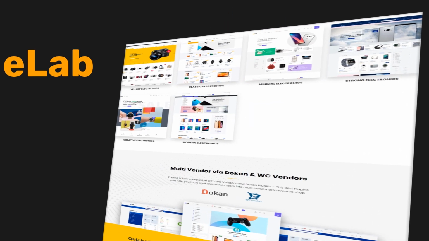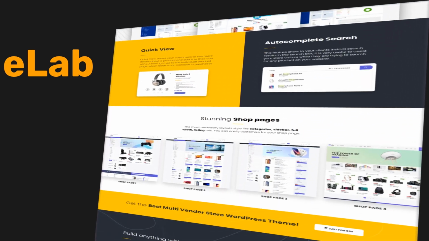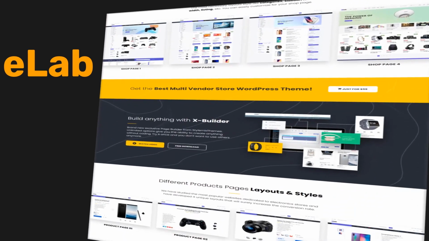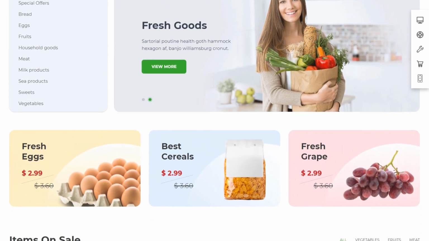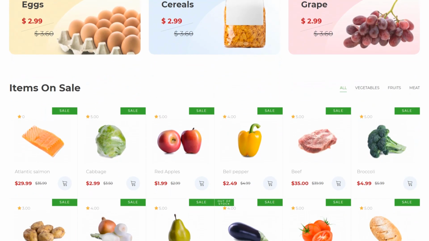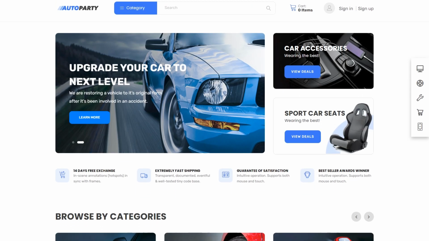eLab. eLab helps you to create a beautiful and professional e-commerce website and multi-vendor marketplace. eLab theme provides 9 demo templates such as grocery store, auto parts,